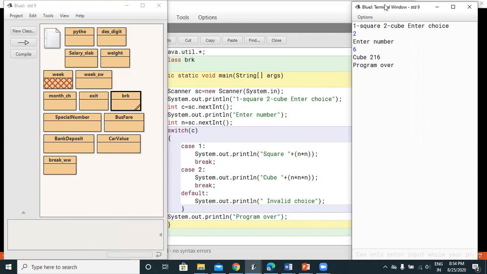So what do we understand? When we use the break statement, it brings the control out of the switch block, and whatever statement is there after the switch block is executed. But when System.exit is encountered, it just ends the program wherever it encounters System.exit(0).